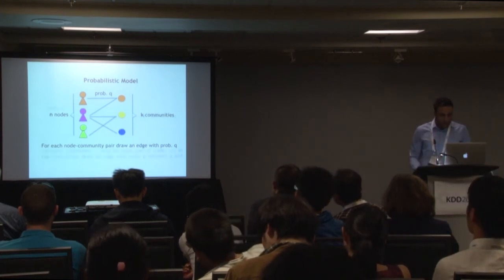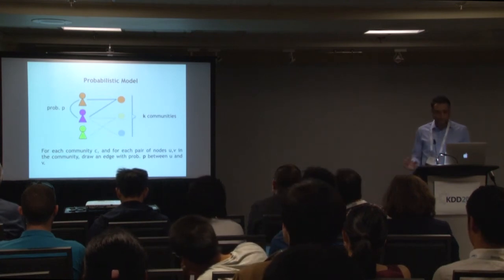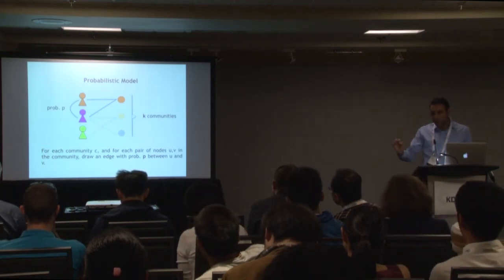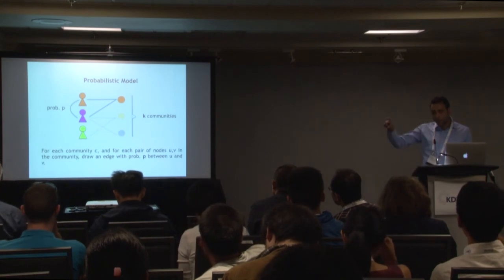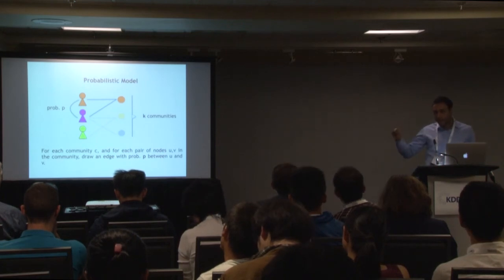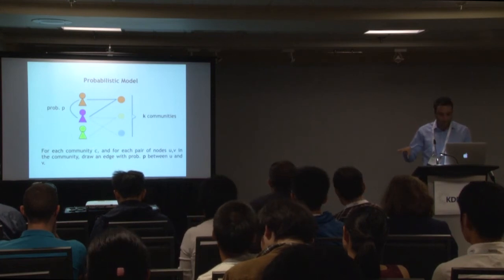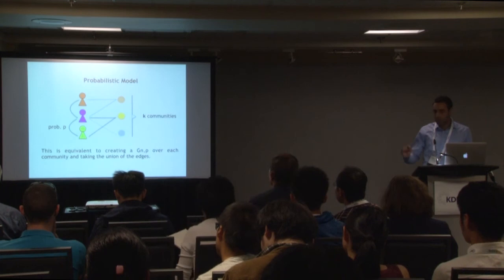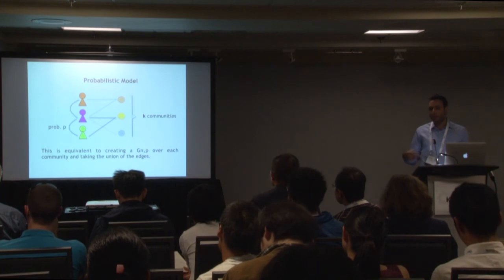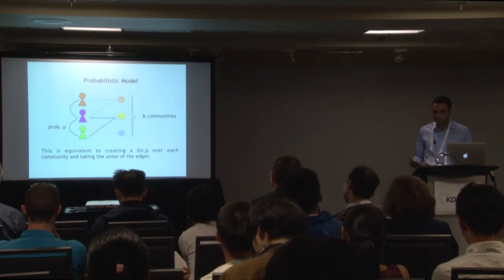Now that we have defined this, we create a simple graph among the nodes on the left. The way we do that is that we iterate over each community. We look at all the nodes that belong to that community, and for all pairs of nodes that belong to that community, we add an edge with probability p. So this is essentially an Erdős-Rényi graph over the nodes that belong to the community, and we do this for each community. Notice that if two nodes belong to multiple communities, you can create the edge multiple times, but in the end, we just take the simple graph, which is the union of all these Erdős-Rényi graphs.